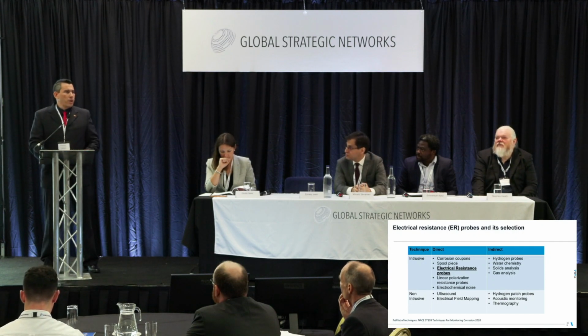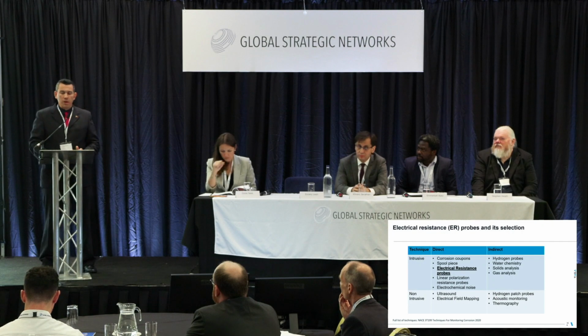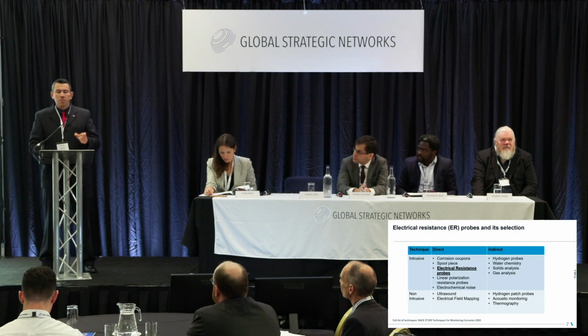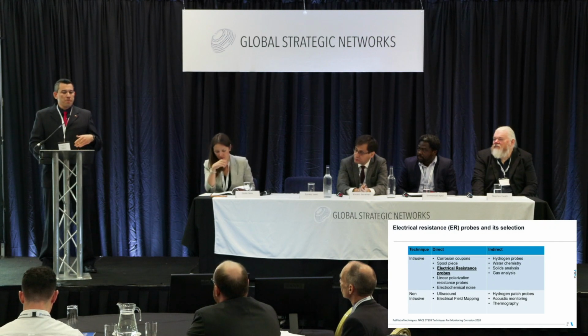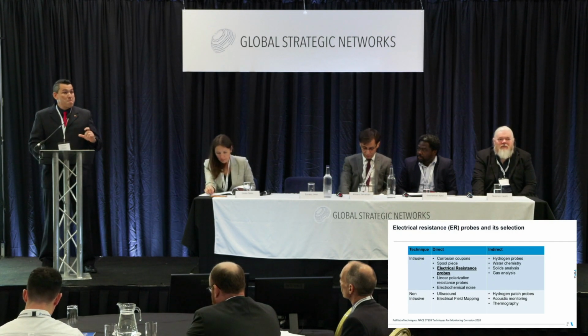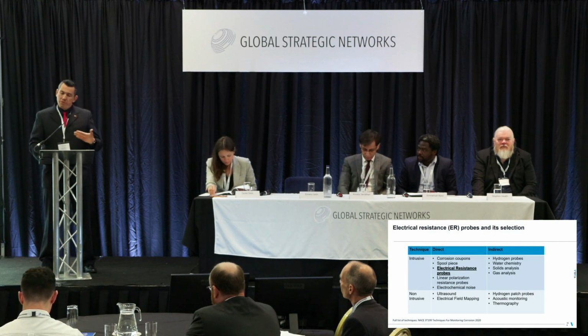Direct monitoring provides us with the capability to measure corrosion rate by means of metal loss, so we can have a number, millimeters per year. Indirect techniques provide information to assess parameters that might be influenced by corrosion rate, or might influence corrosion rate. For example,